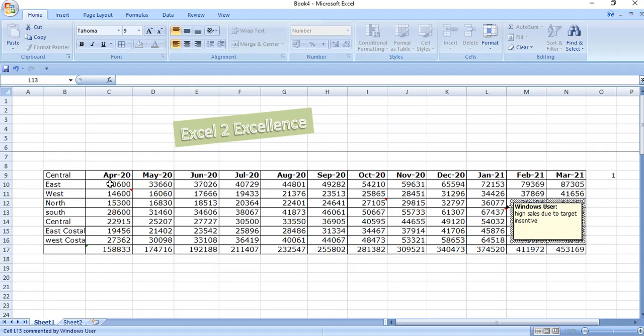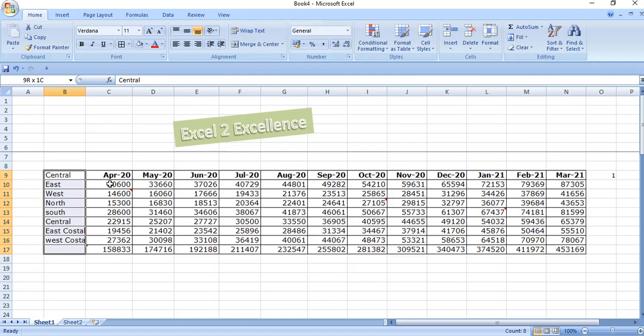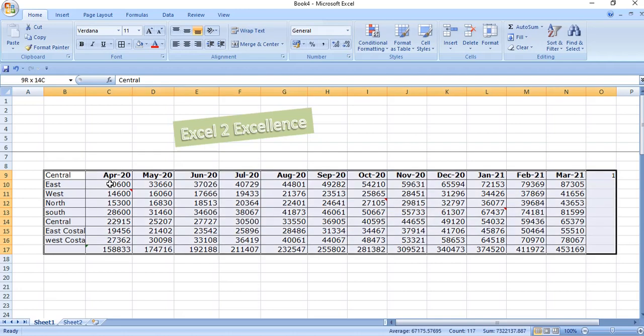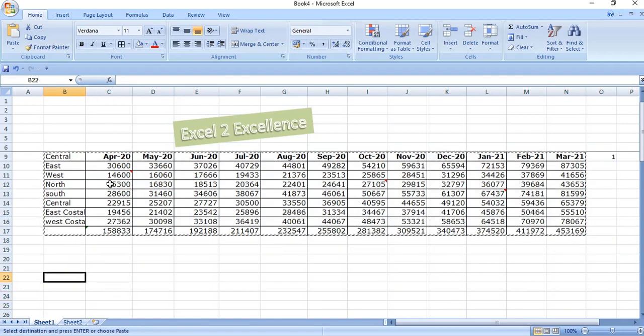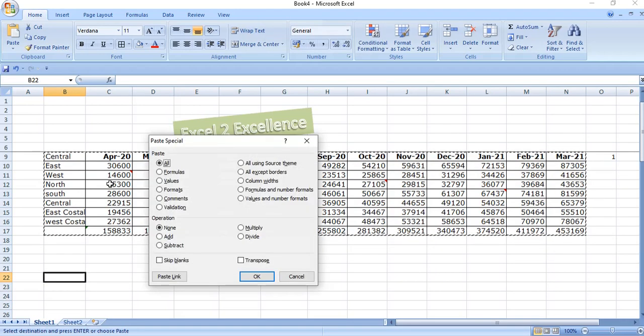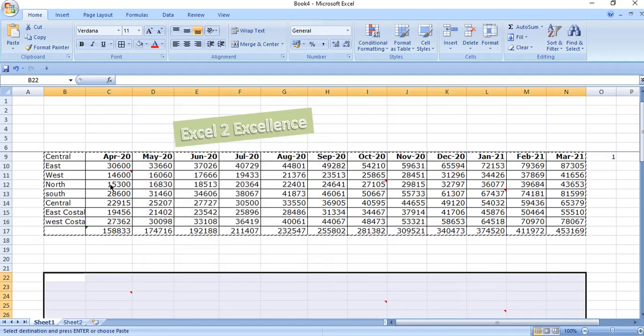We can copy this format, select the entire data range with the help of Ctrl Shift down and then Ctrl Shift right. Copy this. Now press Alt ES and C. The keyboard shortcut for copying the comment is Alt ES C. Right here, Alt ES C.